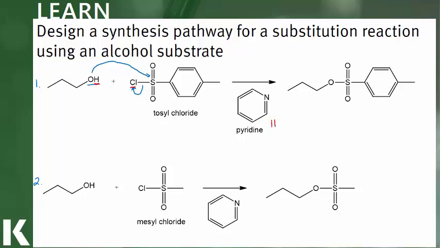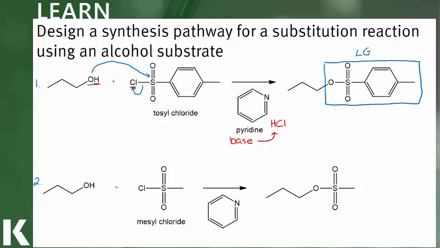So we would produce as a product hydrochloric acid. That pyridine is a base, so it will be used to neutralize the hydrochloric acid produced during these reactions. And as our product, we now have our tosyl group added, and this entire group now would be the leaving